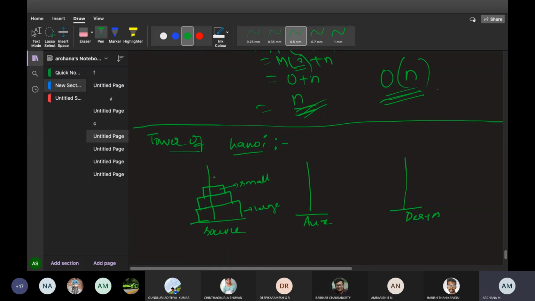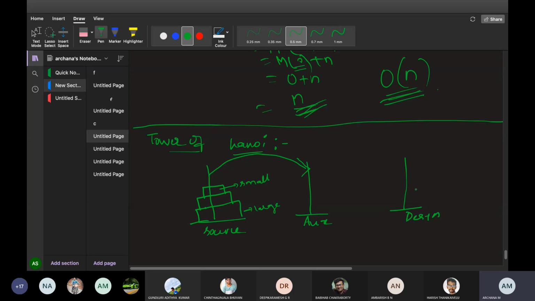Okay. And look here, when you are moving from the source to the destination, you cannot directly move all the plates, because the larger cannot sit on the smaller disk. If I move directly from source to destination, the smaller will come here, again the larger will come, and I should not do that. I should always use one more stand, known as temporary or auxiliary. Move the plates from source to auxiliary, and then you can move that plate to destination.